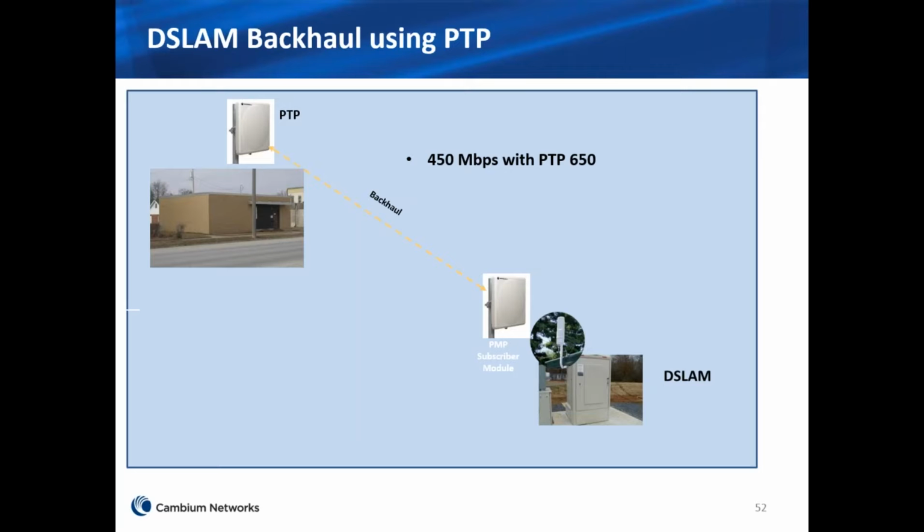The 650 is a near line of sight radio. That means you don't have to have clear line of sight. You don't have to put it on a 150-foot tower. We've had customers that mount them on the top of a 60-foot wooden pole to be able to get out there. As a matter of fact, we have a customer on the line right now that's using the 650 from pole to pole to pole, driving their bandwidth deeper and deeper into the network utilizing solely wooden poles.